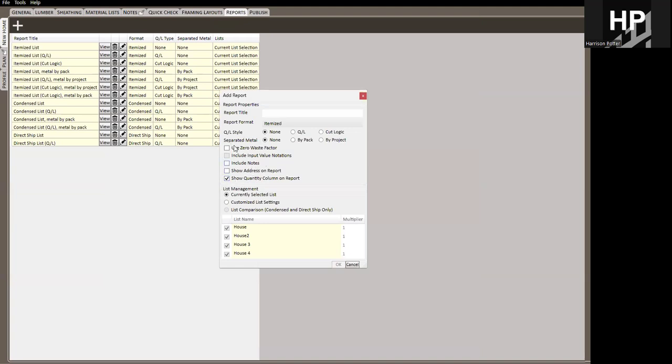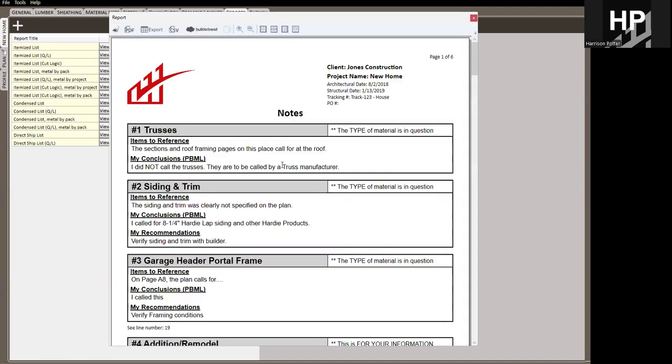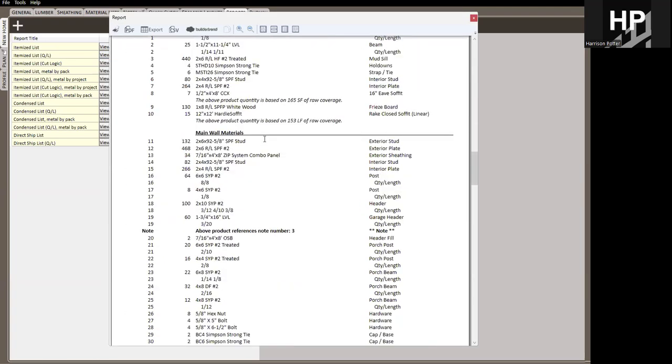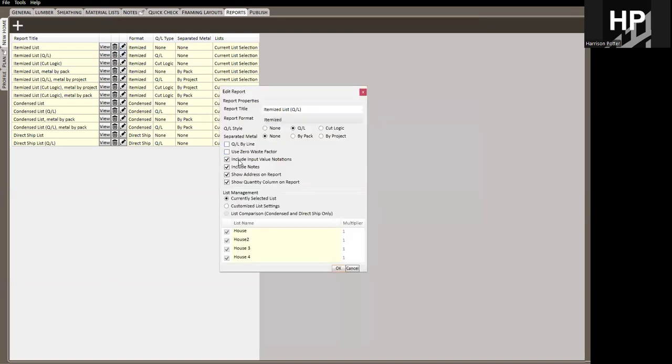Now, here is one of the exceptions that I mentioned before: use zero waste factor. I'm going to look at a QL report here real quick, and let's look at our wall plate. Wall plate right here is my interior plate. I have 266 linear feet of 2x4 wall plate. If I was to come back to this report and say, you know what, I just want to see what this would be like if there weren't any waste factors involved,